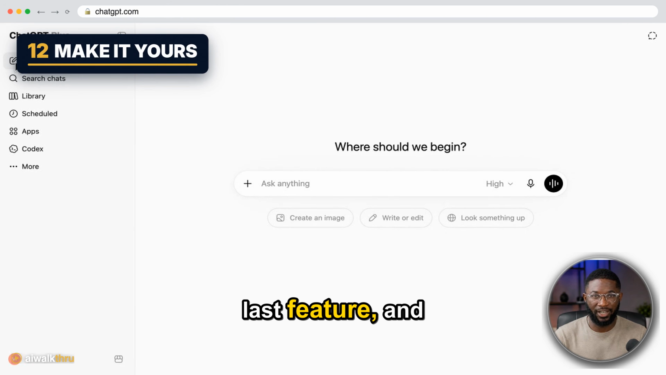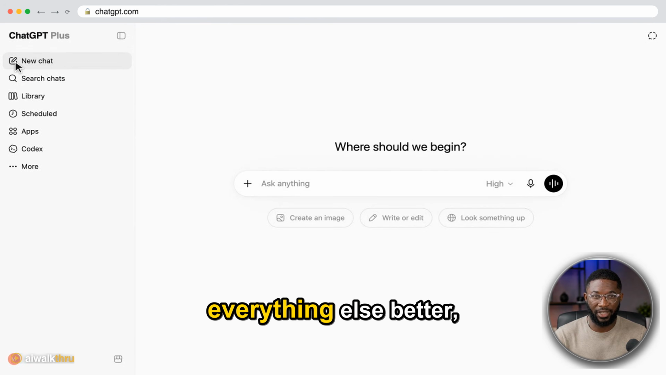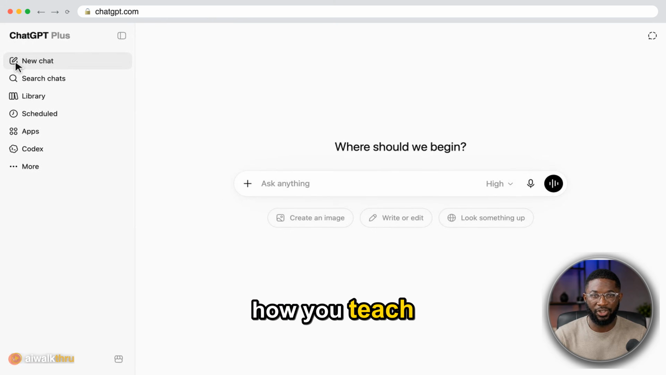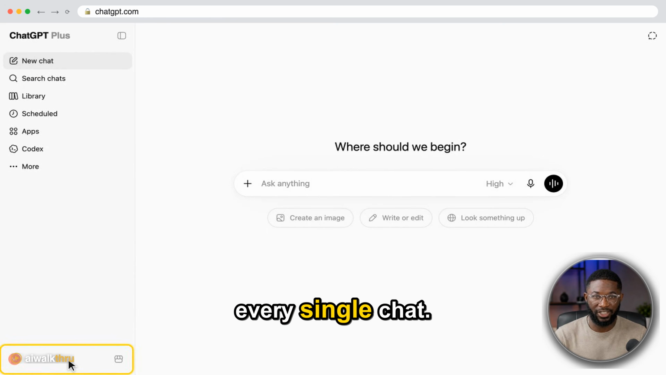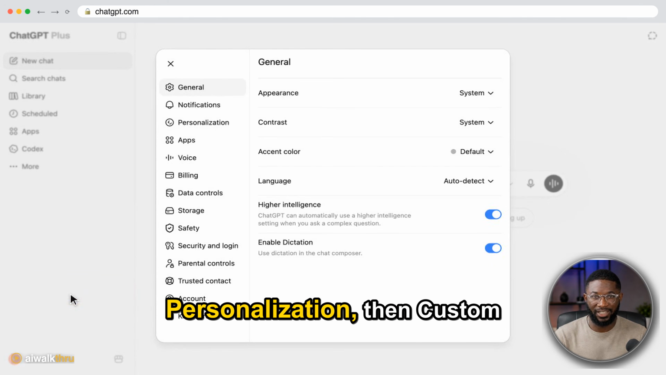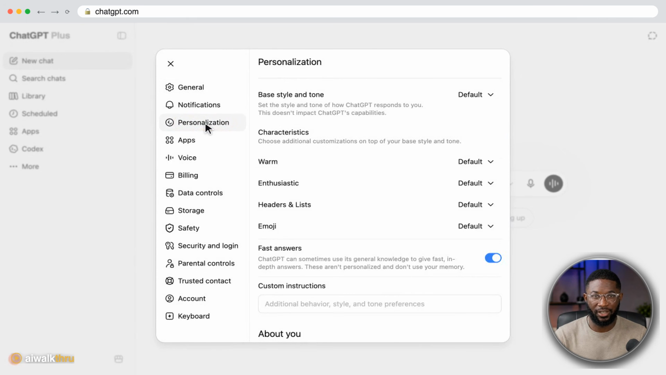Right, last feature, and it's the one that quietly makes everything else better. Custom instructions and memory. This is how you teach ChatGPT about you, so you stop repeating yourself in every single chat. Down at the bottom left, I'll click My Profile, then Settings, then Personalization, then Custom Instructions, and I'll type,